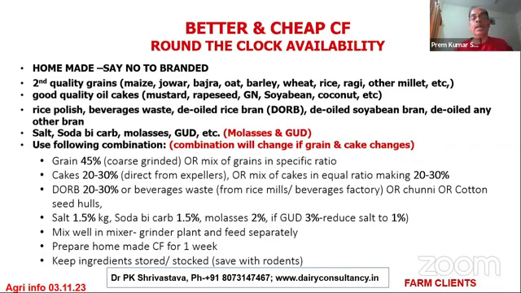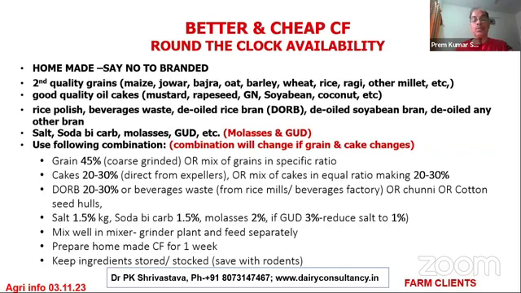Yeah. So second quality grains you can get from the market. You can get the cakes from the market. You can get the rice polish and bran, etc. Soda bicarb and salt. These are the materials generally used in the percentages we have given here. You can think of grains 45%, cakes and DORB 30-35%, 20 to 30% cakes and 20 to 30% DORB. If you are giving 30% cake, then DORB you reduce to 20%. Both you add, so how much does it become? 75% already you have covered, right?